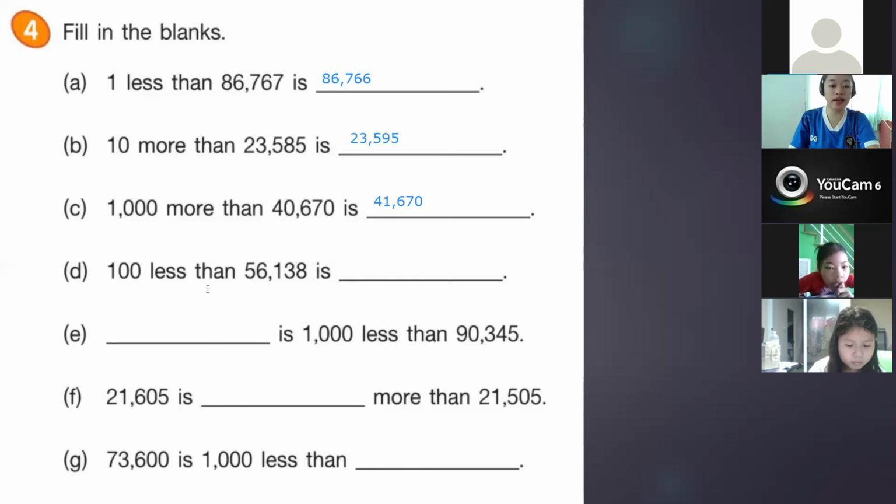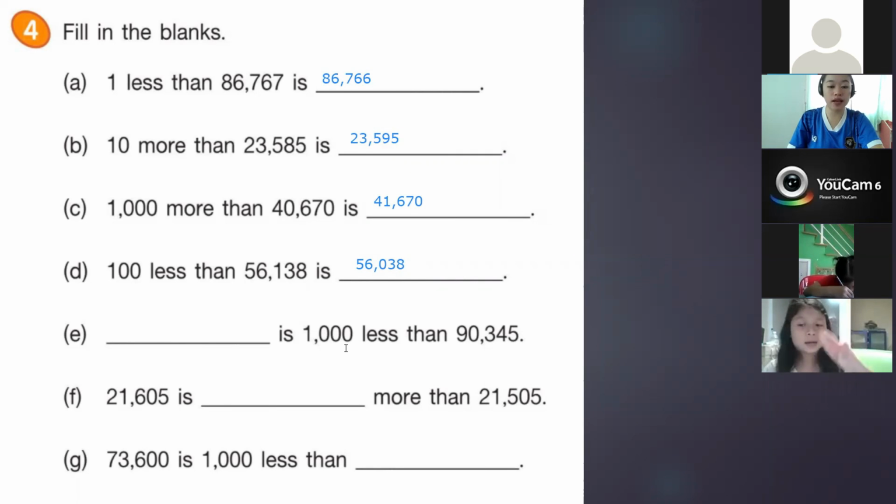100 less than 56,138 is blank. Okay, so 56,138 minus 100 is equal to 56,038. Okay. And letter E, we have